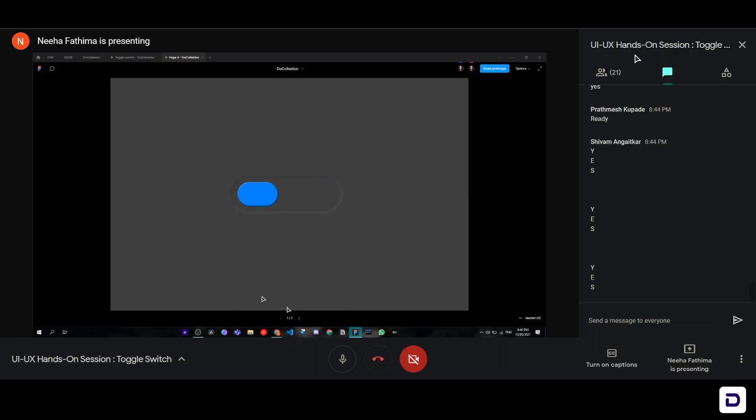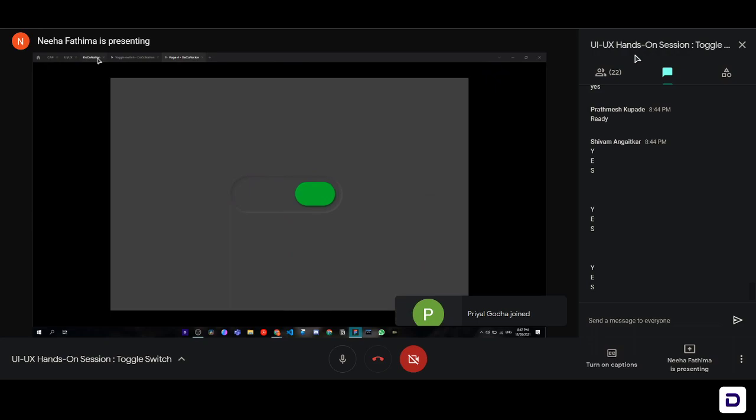So you can see when I hover over my little button, the cursor is changing, right? So if I change the frame back to 1, this is the frame 1 that we're doing. And when I click on it, it moves slowly to the green side and the button completely converts into green. So again, when I click on the little green button, it's not changing back to blue, right?